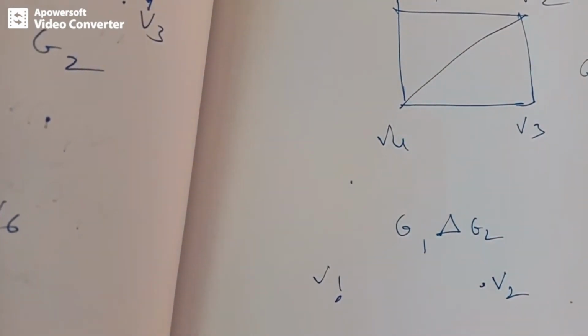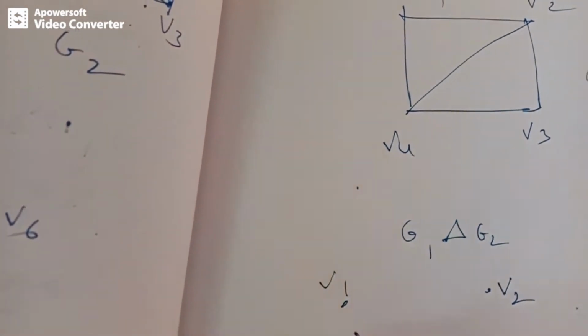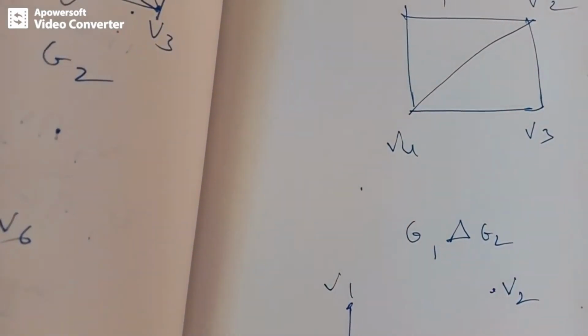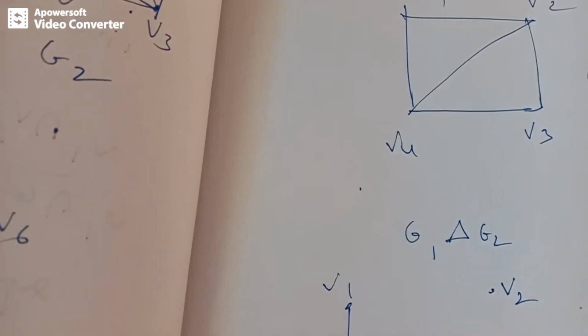Right, so I have represented all the vertices which are there in both the graphs. Now let me include only the edges which are not common to both the graphs. For example, V1 to V5 and V5 to V4. Okay, and then from V2 to V4 is there.